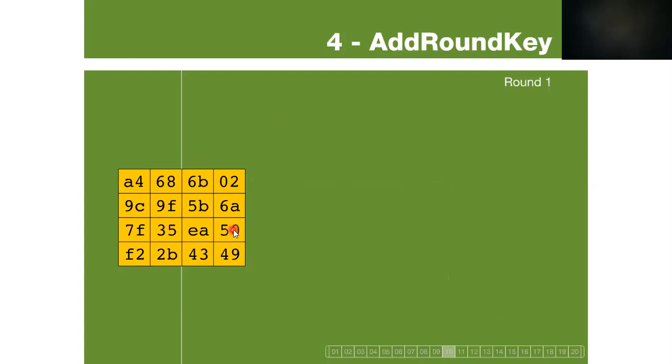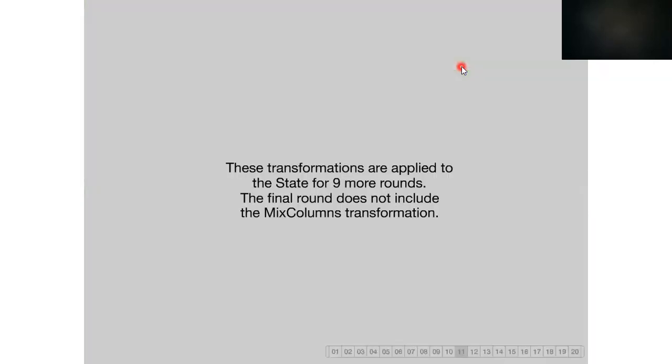The output of mixed column operation that I get from this. So after applying round key, basically the output of mixed column operation is also changed after applying add round key operation. So in that case, these transformations are applied to the state for 9 more rounds. The final round does not include the